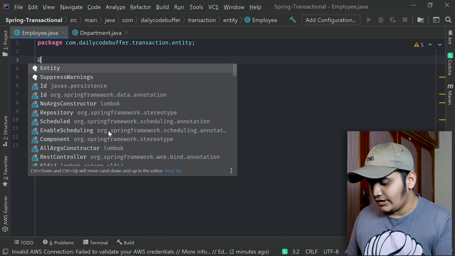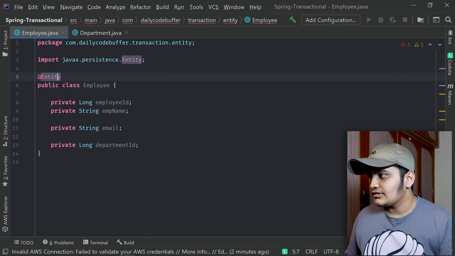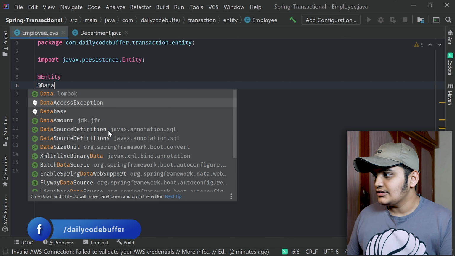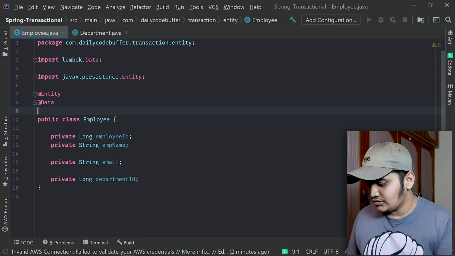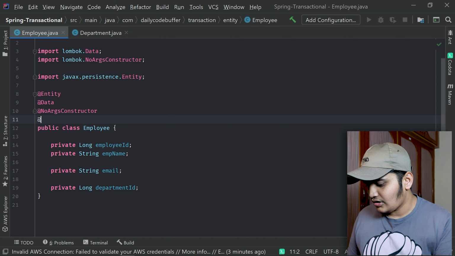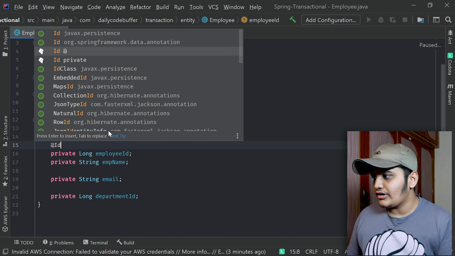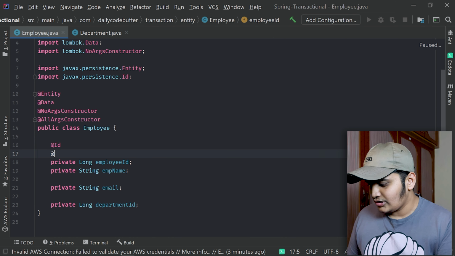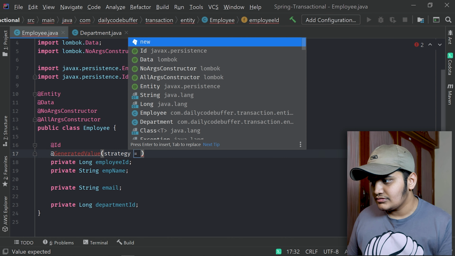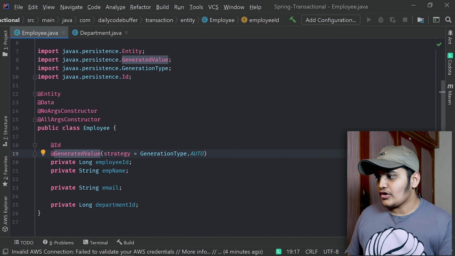This is my entity, so I will annotate it with the @Entity annotation. I'm using Lombok, so I will annotate with @Data, and also with @NoArgsConstructor and @AllArgsConstructor. This employeeId will be my primary key, so I'll annotate it with @Id, and also use @GeneratedValue with strategy equals GenerationType.AUTO. Okay, my class is ready now.